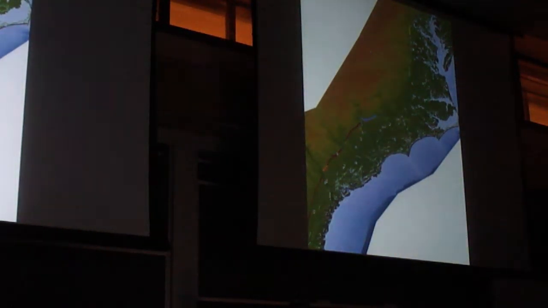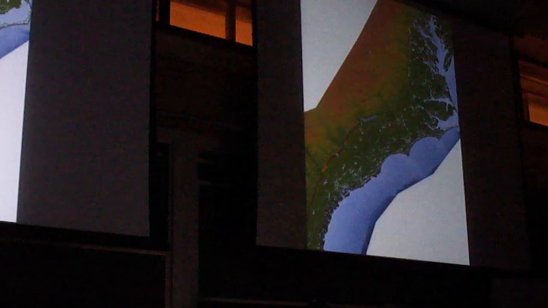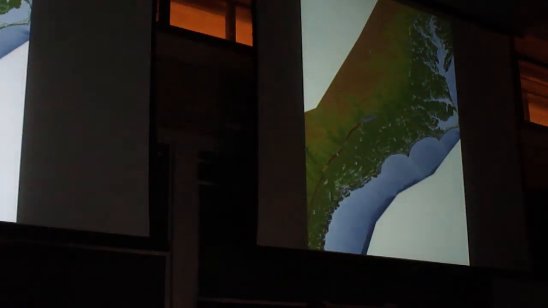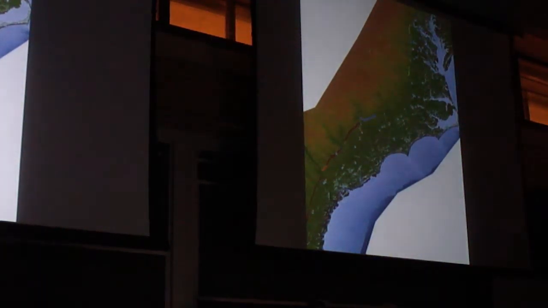And so I'll just end there by saying, I completely agree with Bill. 450 is not a safe guardrail. Everything we know from looking at past warm periods, not just the Pliocene, but other periods as well, even periods more recent than this, tell us that that will almost certainly dial in and guarantee you a 10-meter sea level rise, okay? And possibly much more. So I'll end there. And I'm really excited